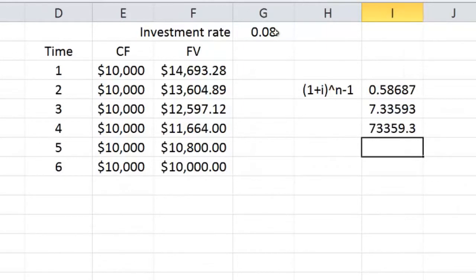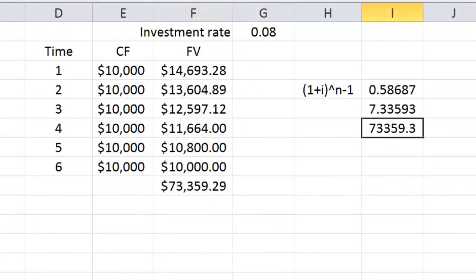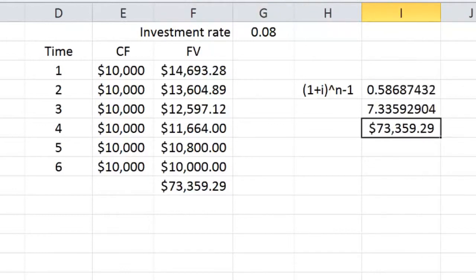So the total future value of that annuity should be $73,359. Let's see if that matches up with our total here. And it does. So we can do this either way. This formula just makes it more simple for us. Instead of doing 6 calculations and adding them up, we can do a single calculation and arrive at the same